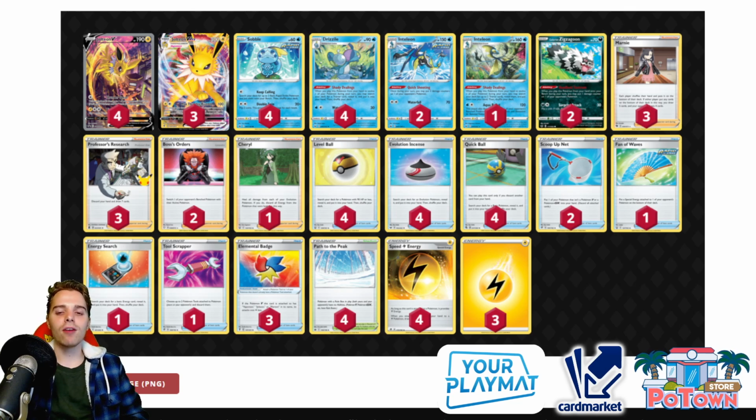There's, of course, the Fan of Waves, as mentioned, to slow down opponents. Pretty much helps out against Single Strike, because sometimes they only have special energy. They go for Capture Energy or the Single Strike energy, and with Fan of Waves you slow them down, get rid of their Humdauer engine, slap down Path to the Peak, and out of nowhere you can actually win that